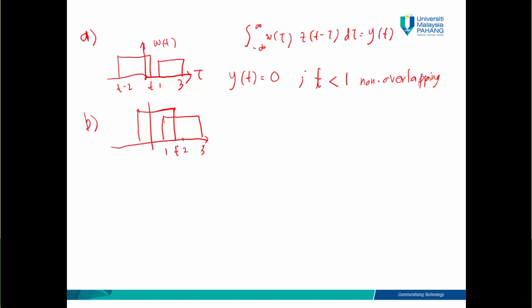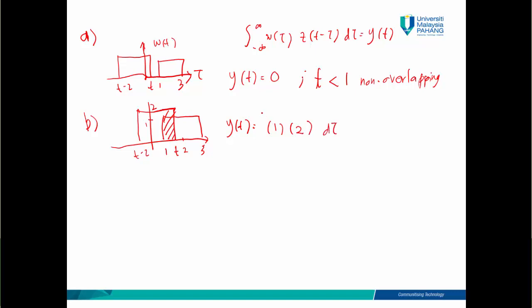So here is t and here is t minus 2. The overlapping happens here. So y(t), the amplitude of w(t) equals 1 and z(t) equals 2. So w(tau) equals 1 multiplied with z(t minus tau) is 2,